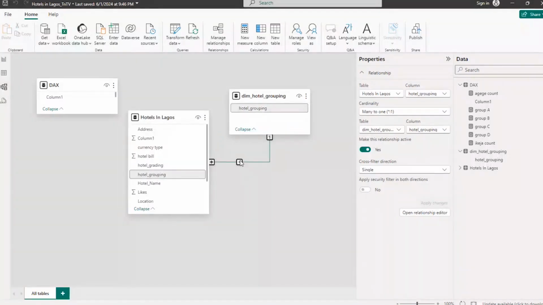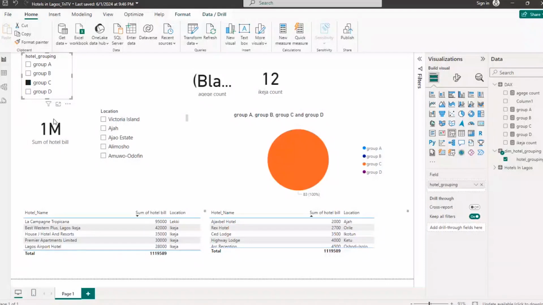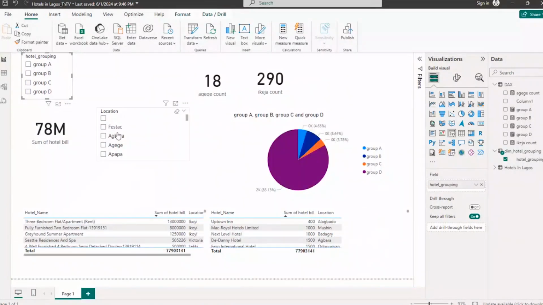Once you delete this relationship, nothing works. All right, nothing works. So let me just clear this so that it takes us back to, now this is the slicer. When you're talking about slicer, this too is also a slicer. It helps you to go deep down. Let's say you want to see Ojo, you want to see all the details of hotels in Ojo, so you can see it. Blue Ivy Suites